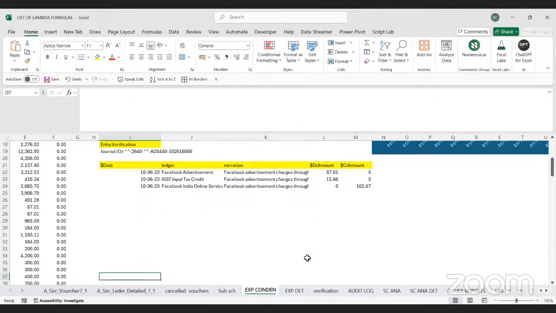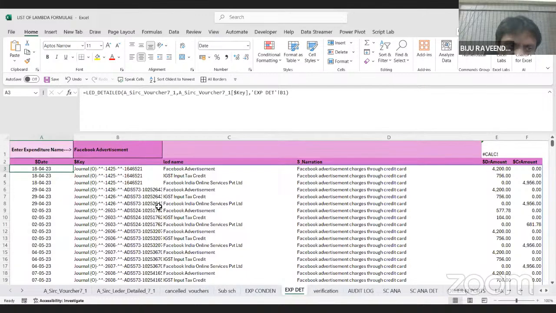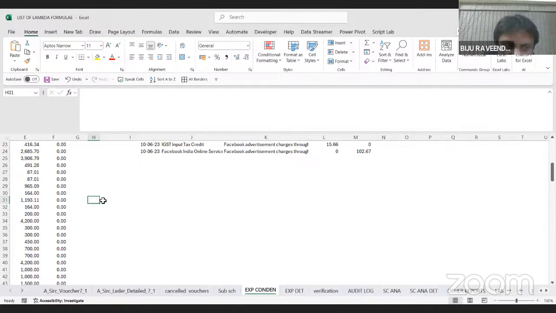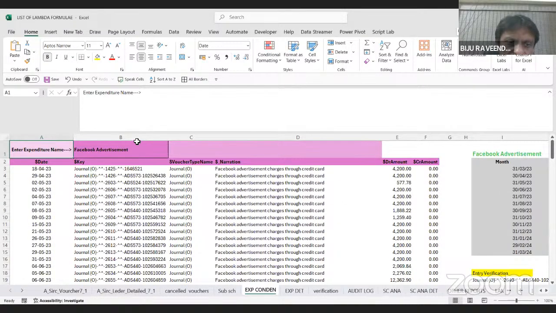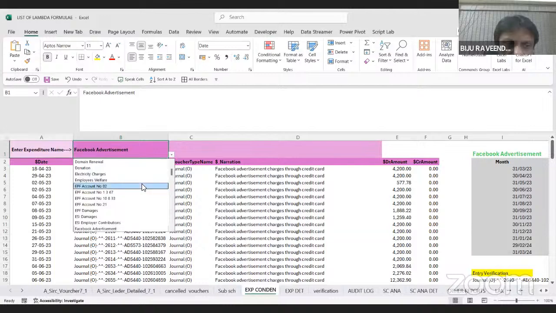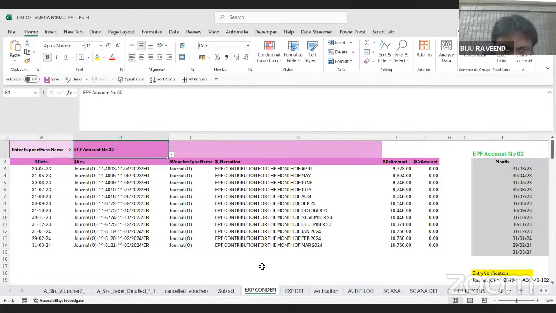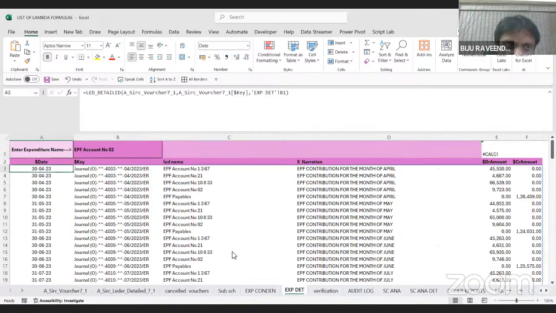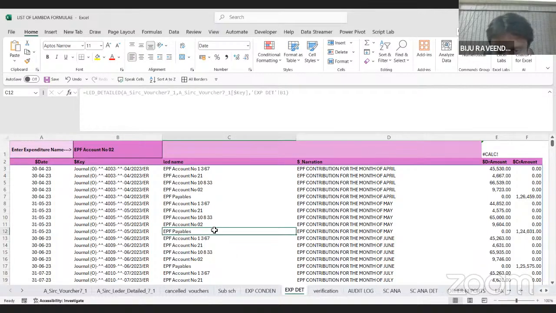Then here it has that detailed view, the same as we get in Tally. Tally has a condensed ledger as well as a detailed ledger view. So this is the corresponding detailed view of this particular ledger. Everything will appear in the drop, and once it comes, the same account head will come here also. They can do the detailed view,